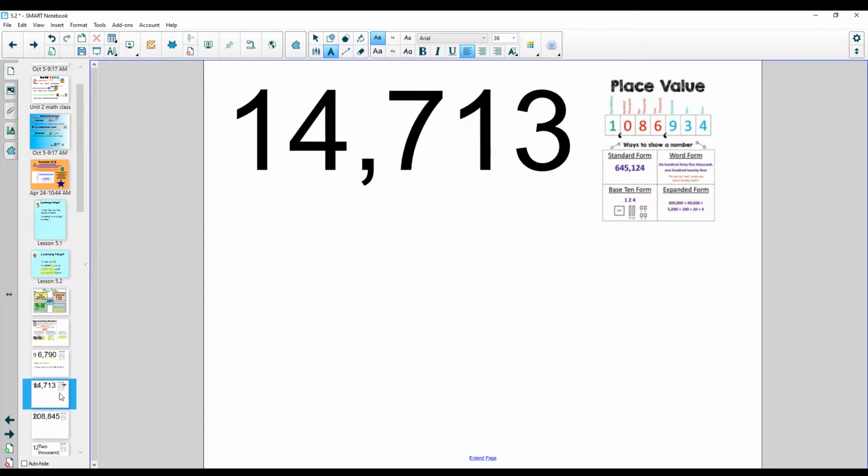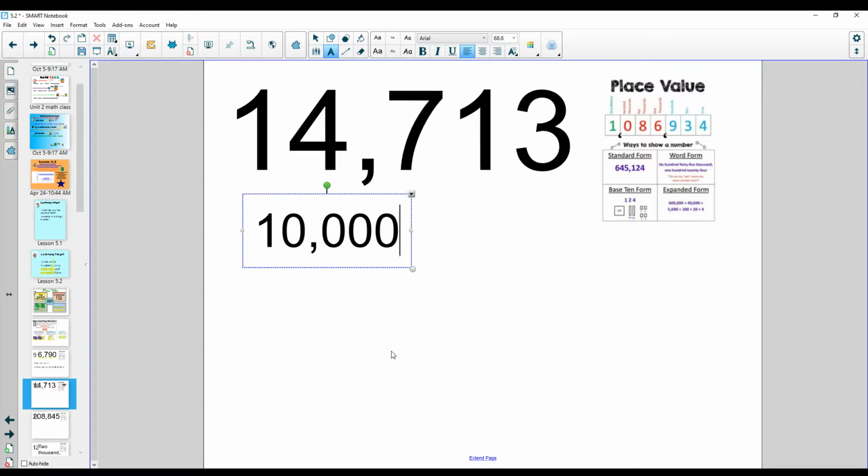All right, let's try another one. Here we have a bigger number. Let's first practice saying it. We have 14,713. All right, so let's write this in expanded form. The first thing we're going to do is start with this number. Ones, tens, hundreds, thousands, 10,000s. The digit's going to have 1, 2, 3, 4 zeros behind it. So we get 1 with 4 zeros